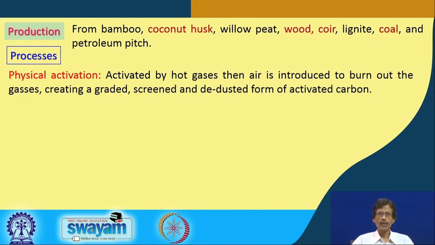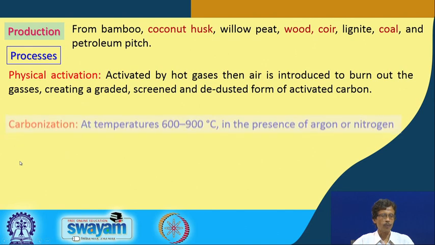There should be no other material which can clog or block those pores. So, those materials can also be burned, because particularly when we are handling petroleum pitch or coal, those are not very pure materials in your hand. So, depending upon the material you are using and its purity and cleanliness, we have to be careful about burning away the gases which are produced immediately, and then the dust material is also dedusted. Therefore, we get the corresponding activated carbon form.